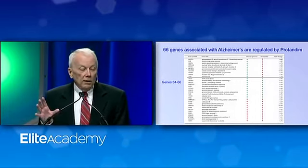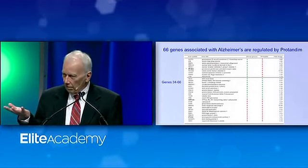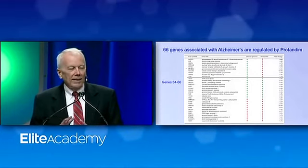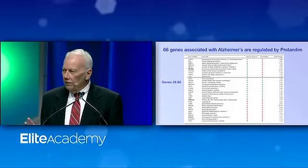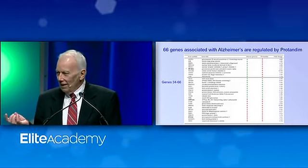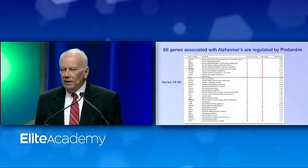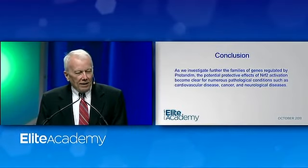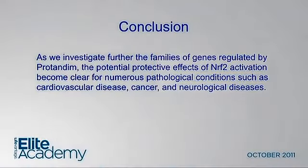And so in the Alzheimer's cells, because they're oxidatively stressed, they're trying to compensate. They're trying to make more SOD. And of course, Protandim causes them to make even more SOD than they're able to compensate. So this is a way, with the help of a very powerful computer analysis program, we're able to look at what Protandim does. I've shown you 3 sets out of maybe 200, and we're going to work our way through most of that data. And we're going to eventually know what virtually all of those 3,000 genes do, which diseases they're associated with. It's not going to be a black box. So as we further investigate this, the families of genes regulated by Protandim, the potential protective effects of Nrf2